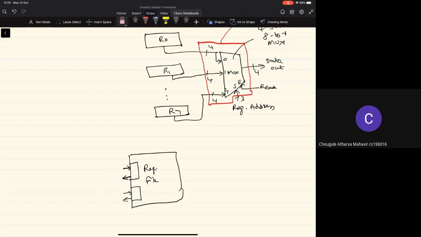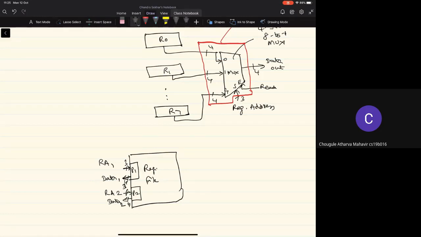Let me label it as port 1 and port 2. So here it is register address 1, and here it will be register address 2. Data from port 1 will be available here, and data from port 2 will be available here. This will be 3 bits, this will also be 3 bits, and this will be 4 bits, and this will be 4 bits.